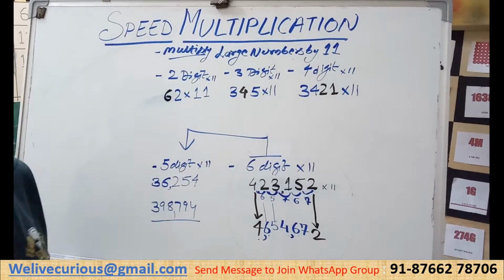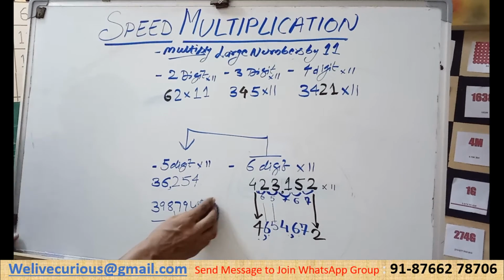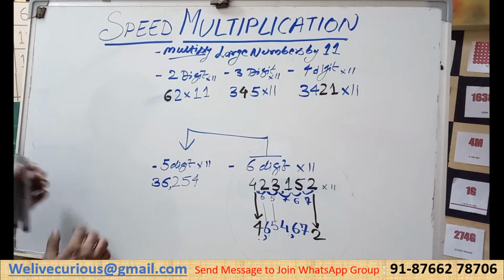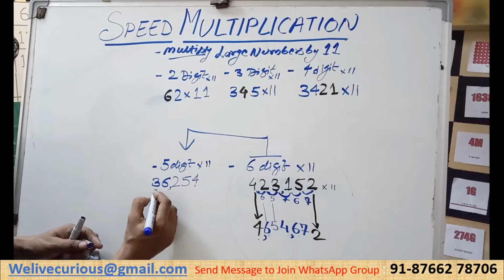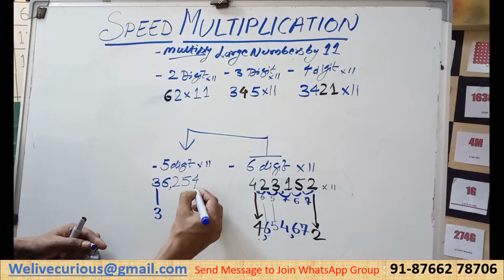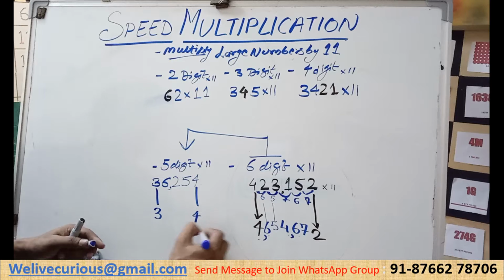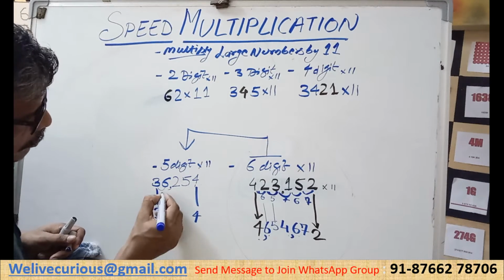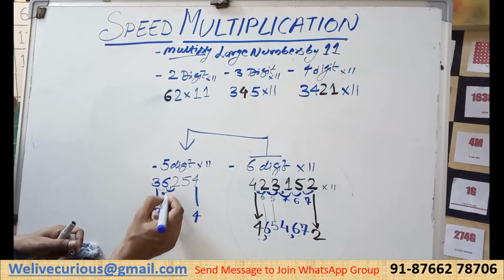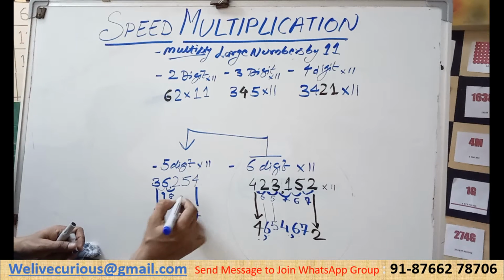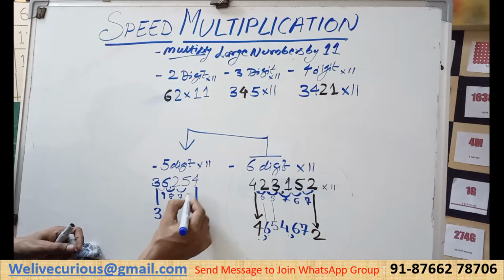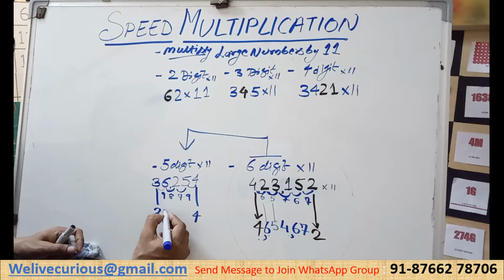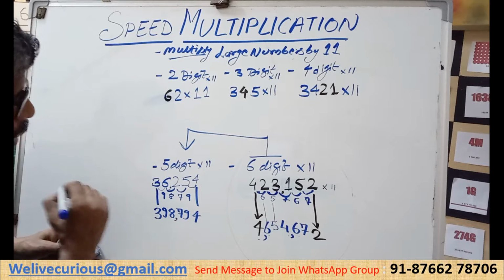Okay, this we just did by memory, but we will do it in a more explanatory way. Simply, like before, drop 3 as it is, drop 4 as it is. So you have the boundary numbers, this and this. Now simply add 3 and 6, right here 9. Add 6 and 2, right here 8. Add 2 and 5, right here 7. 5 and 4, you write here 9. So the answer is 398,794. We put a thousand separator here.